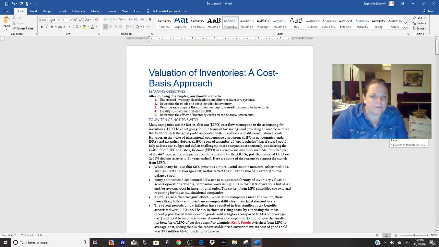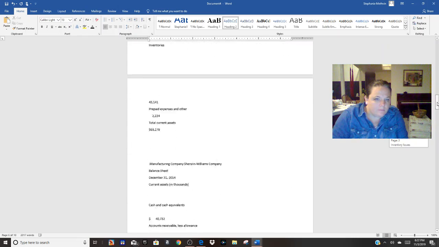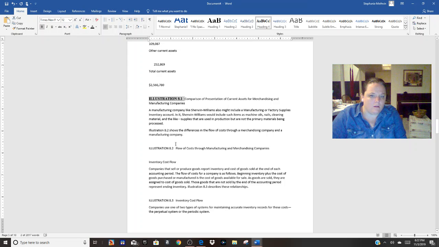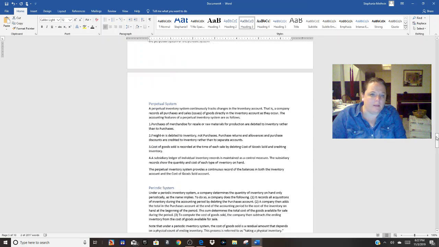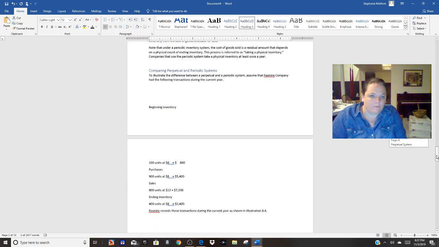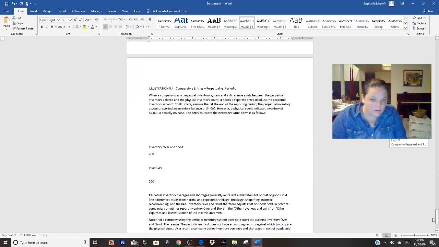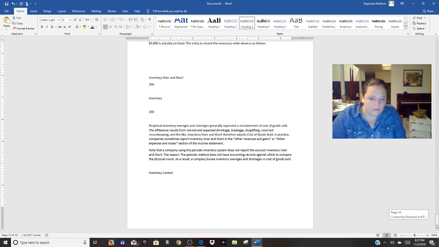Okay, so now I think I'm going to take my, where are they? Illustration 8.1. I'm going to call it heading 4. Heading 3. Heading 3. Oops. Heading 3. You also can hit Control Y and it will redo whatever. I may miss some of these, but I'm just trying to give y'all the idea. I'm trying to do a fast video to show y'all kind of what I'm looking for. Heading 3. Okay.